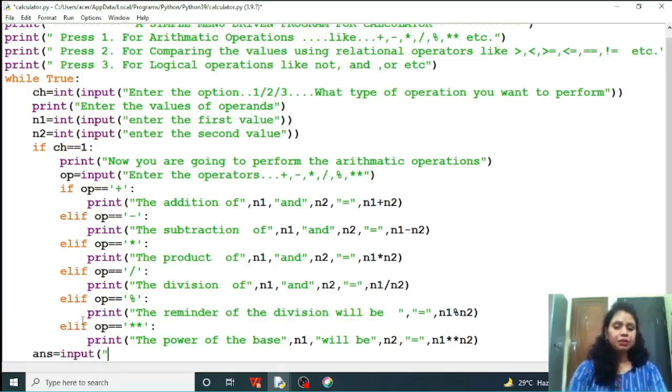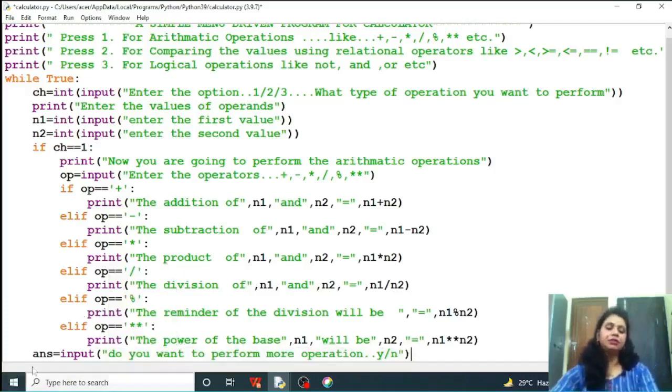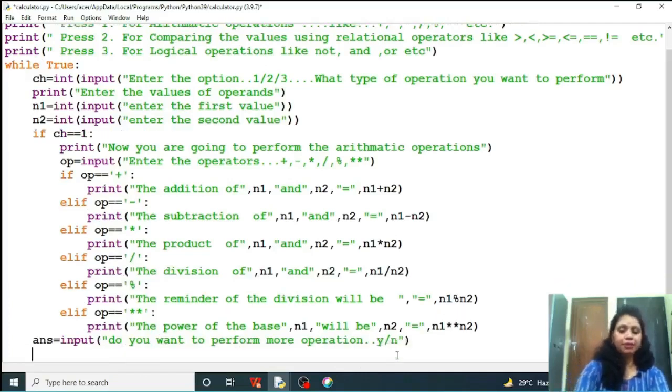OK, so input, do you want to perform more operation? Then the choice will be y or n, right friends? So here if you want to perform more operation, then you have to press y, otherwise you have to press n. Now I have to compare if ens value will